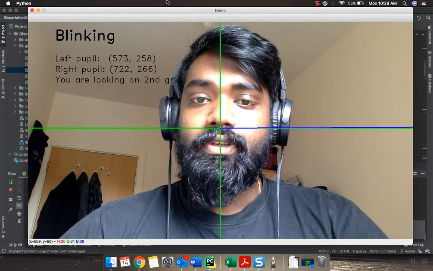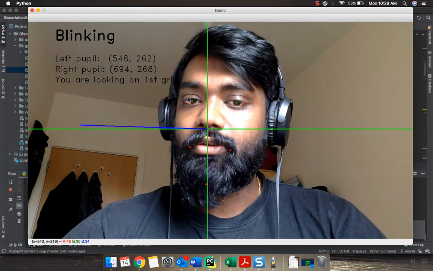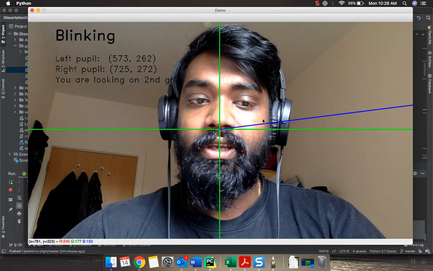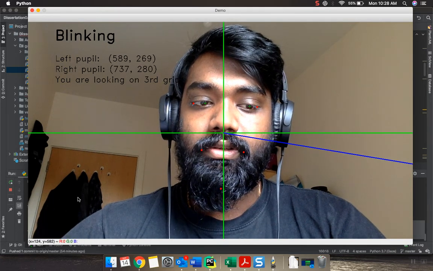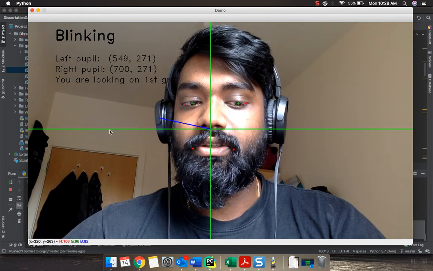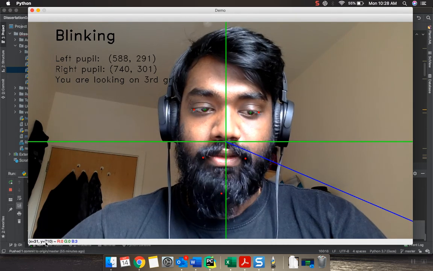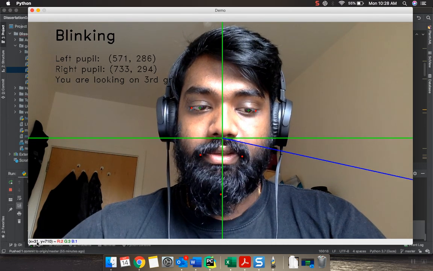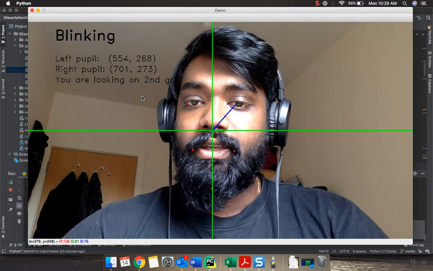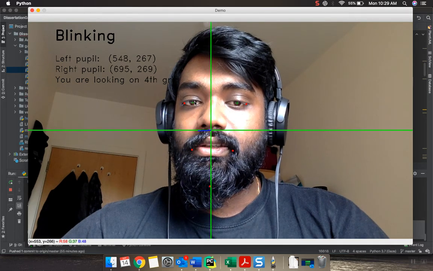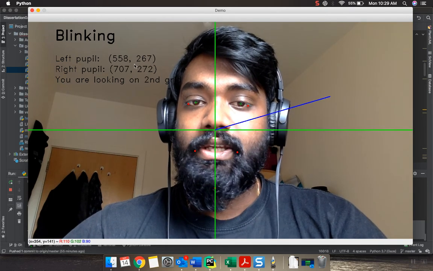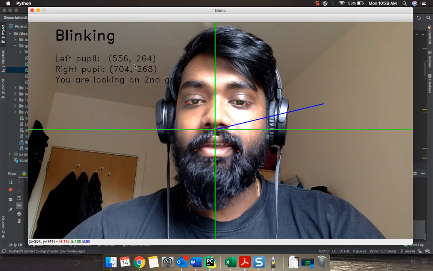Okay, if you see here, the program is detecting your pupil position and giving the corresponding coordinate values on this image. If the cursor is moving to different positions of the image, here you would see x axis 331, y axis 710, which is the position of my cursor. Exactly, the pupil coordinates are showing on the screen over here, and it is also saying where exactly I'm looking on